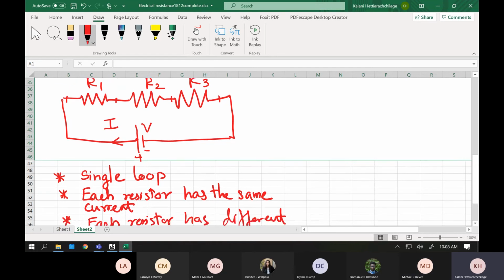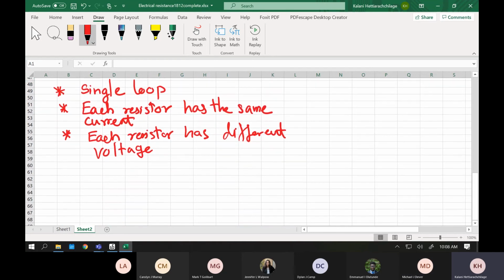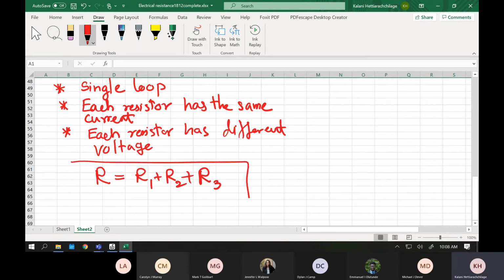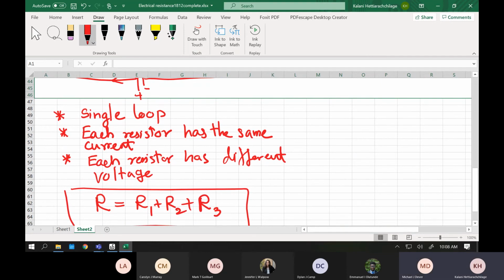Okay. So now after you identify those are series, you're going to derive this equation. In your class, the equivalent resistance, that means basically the total resistance for those three resistors we had, we can write as R1 plus R2 plus R3. If it is a series case, when you see they are series, you just add them together. That is called the series resistance. Okay. Anybody have any question on that?